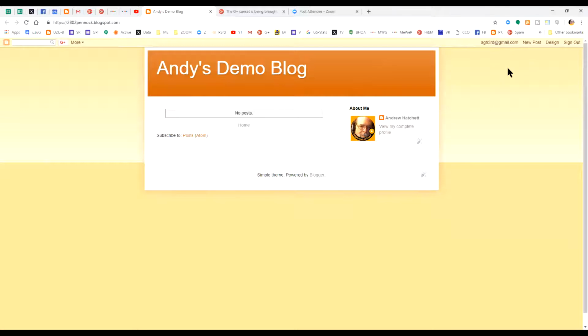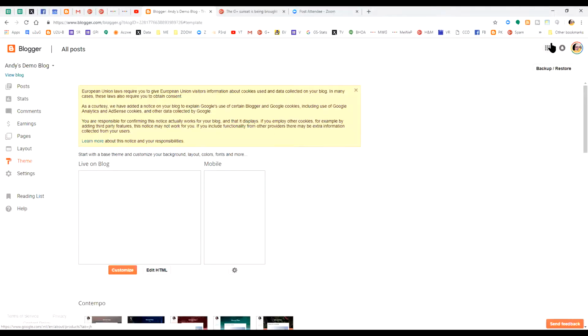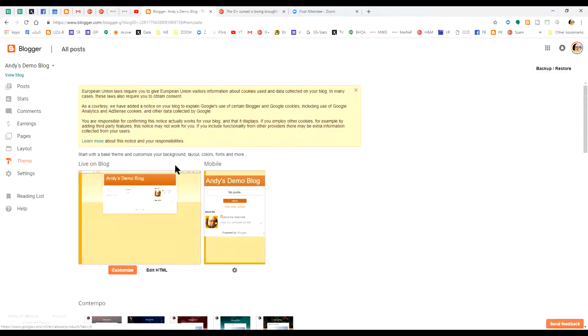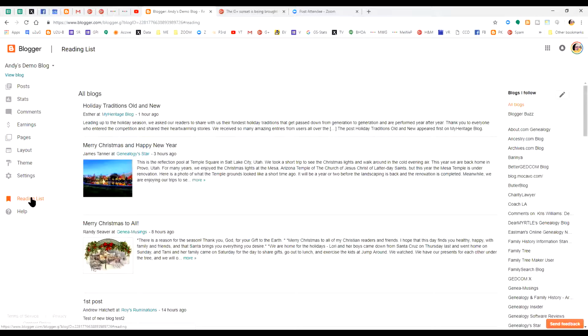What I wanted to show you is the use of just a blog to use as a news feed. Okay? So what we're going to do now is go over here, and we're going to say design. And that can take you to the layout. This is where you will do all your changing. What we're interested in here is the reading list. If I click reading list, okay,